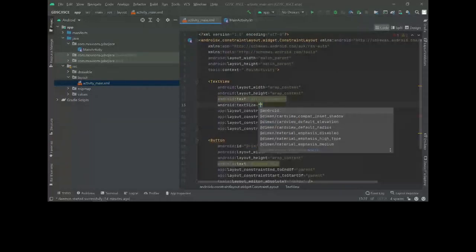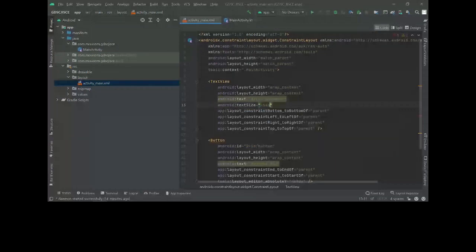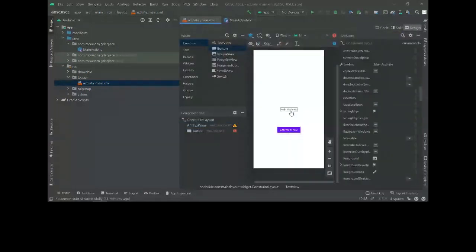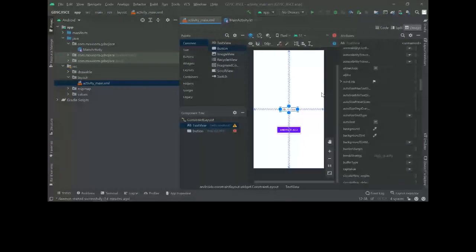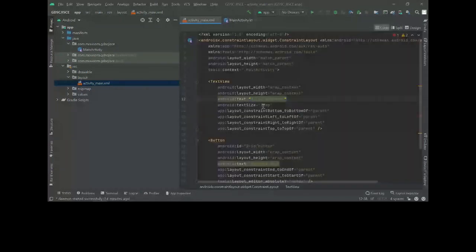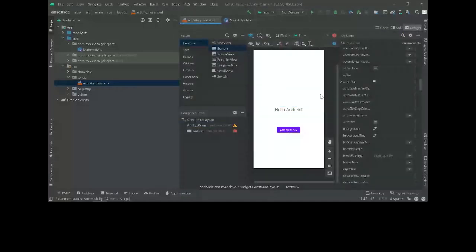Text size, and then you can see it increased a bit. So let me increase it to 26. You can see it got increased.